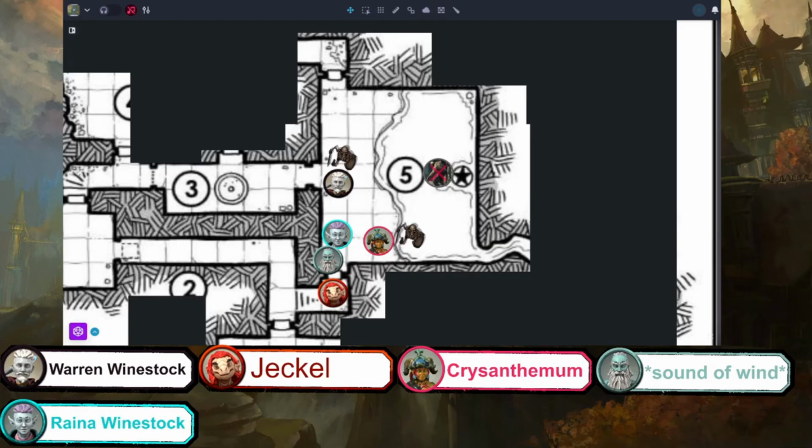If I may DM butt in, you have a bonus action that you could use as Shillelagh, so you get a +5 to your hit and a +3 to your D8 damage. Basically, you're going to hit harder if you use your bonus action to use Shillelagh. Sorry, go ahead. If you cast Shillelagh first on the quarterstaff, you're gonna hit better. Okay. Then I'll do that. I'll cast Shillelagh first, and then I would like to use my quarterstaff.